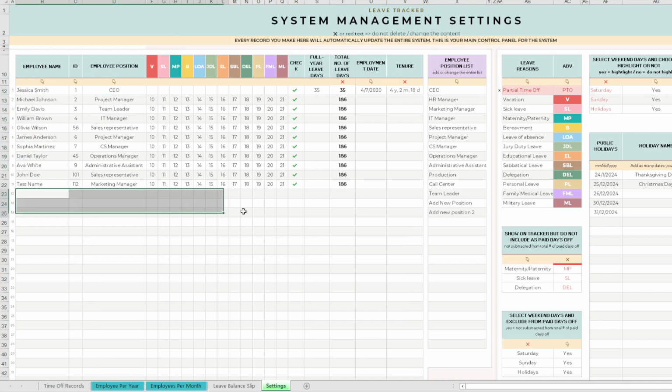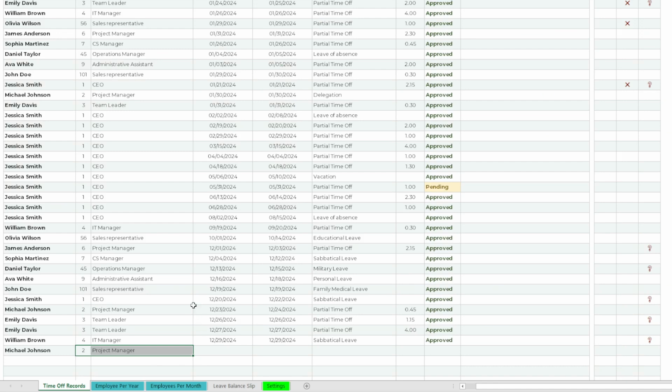Okay, I'm going to show you how to configure this entire tab in the next video. But now let's talk about the time of records. You'll select the date. In the Excel version, you'll have to enter the date manually because we don't have a drop-down list here, a drop-down or a pop-up calendar, however someone likes to say. If you have this option implemented already in the Excel, you will possibly have the drop-down available. If not, just please enter the dates manually, but don't forget you'll have to respect the date format, which is